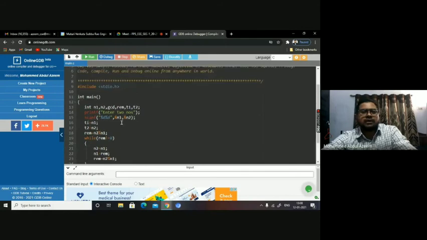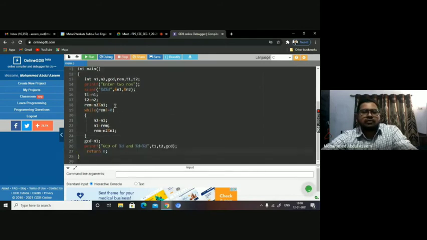Okay, the program is fine. So what we have done: we have taken n1 and n2, two variables in which we are accepting the numbers, and t1 and t2 for backup, taken immediately after we have accepted the values. We have taken a copy of the same in t1 and t2. Then, if n1 is greater than n2, we divide n2 with n1. The remainder which we have got, we compare here: until the remainder is not equal to 0, we repeat.